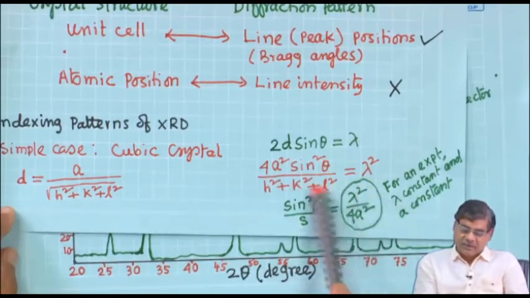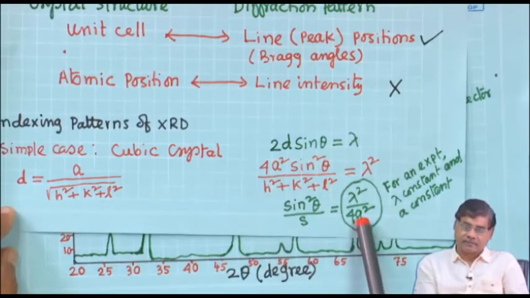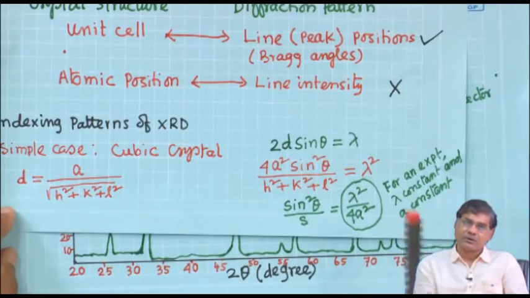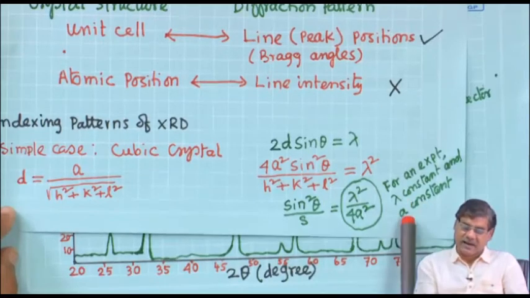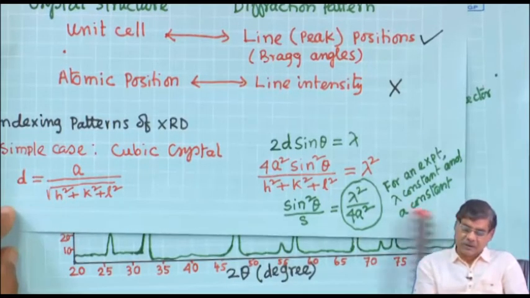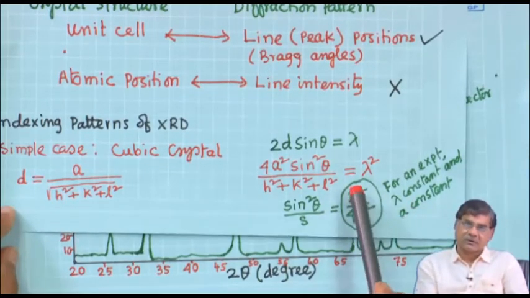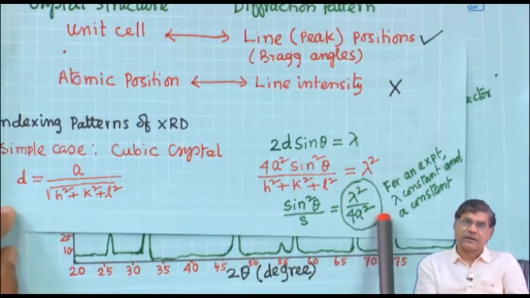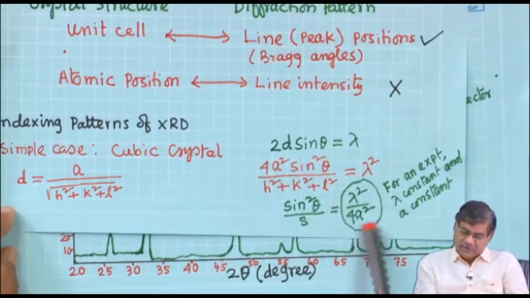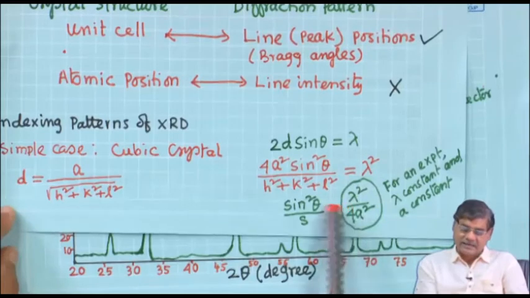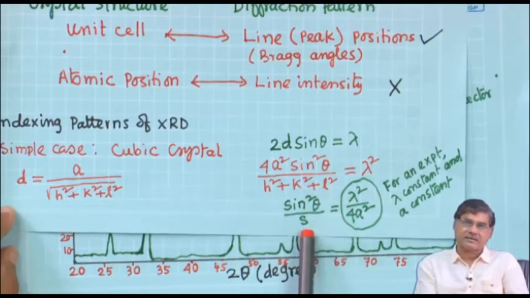Now, you can see from this relation, for an experiment we use a particular lambda. So, lambda is constant and we use a particular sample. So, that lattice constant a is also constant. So, this part, lambda square by 4 a square,